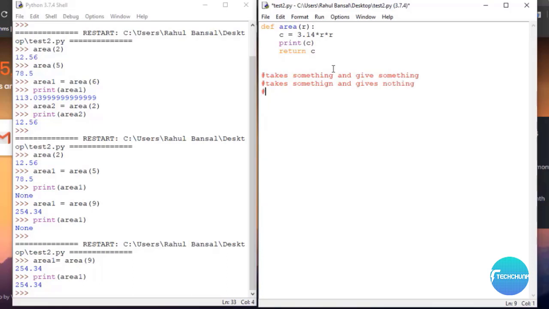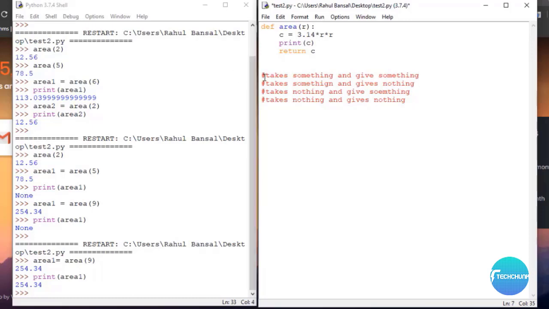Third is which takes nothing and gives something, and the fourth type is which takes nothing and gives nothing. So we have these 4 types of functions in Python and other programming languages also. We will see them one by one.